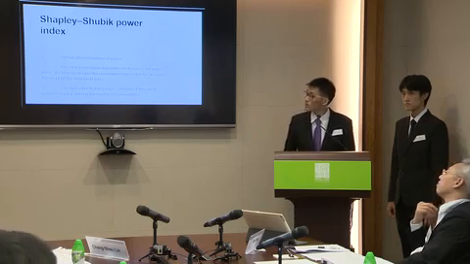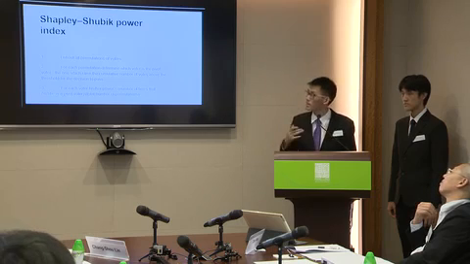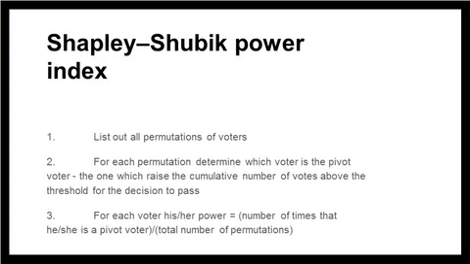Then we can see that in all the cases, the middle one is the pivotal voter, as none of them alone can have more than half of the votes, but any two of them, no matter which two, can have more than the majority of the votes. So the middle voter will be the pivotal voter, and so we can see that for all the permutations there are 6 cases, and each of them is the pivotal voter in 2 of the cases.